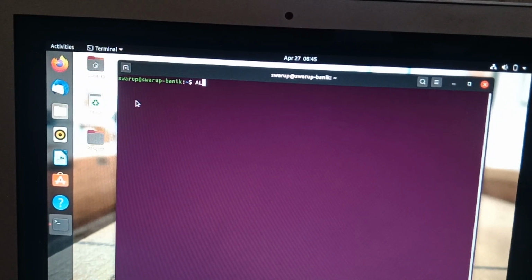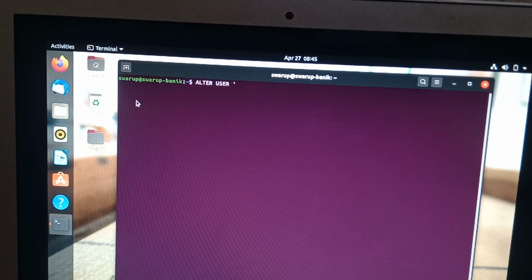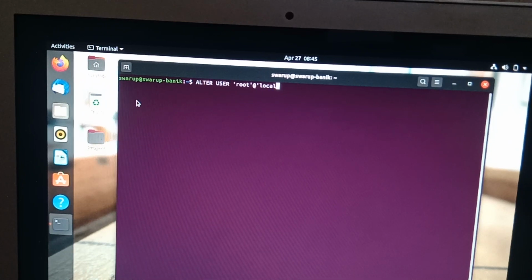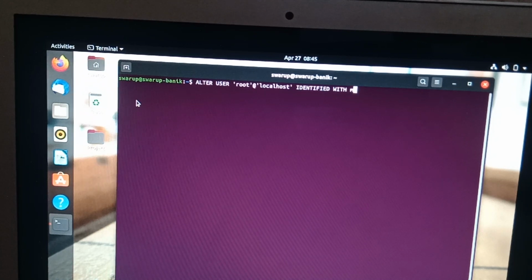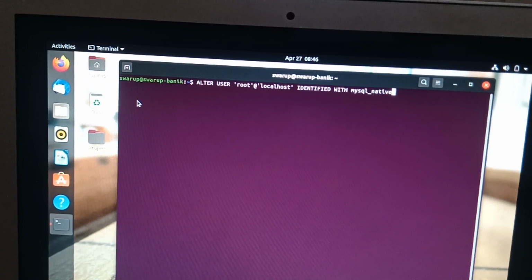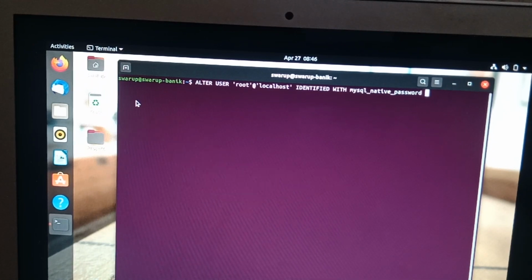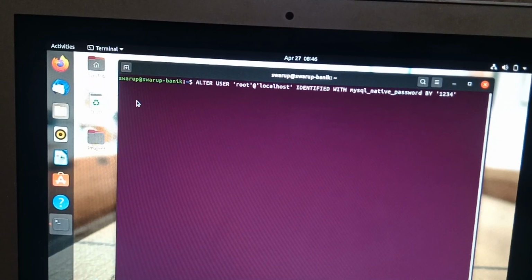It will be like ALTER USER root@localhost IDENTIFIED WITH mysql_native_password BY, and here we have to enter our respective password. I'm entering 1234. Then press enter.